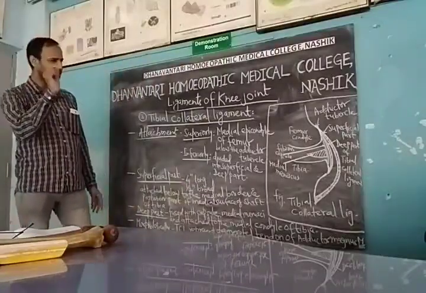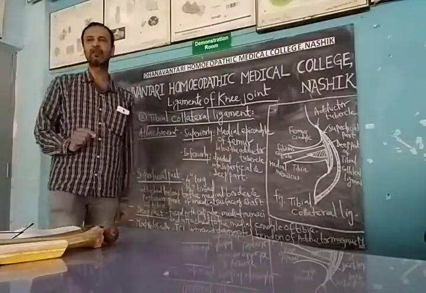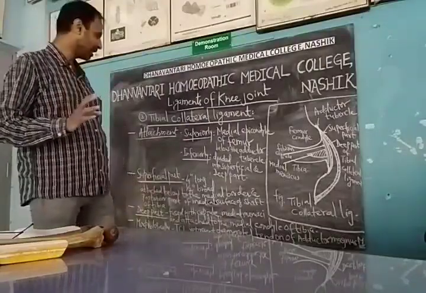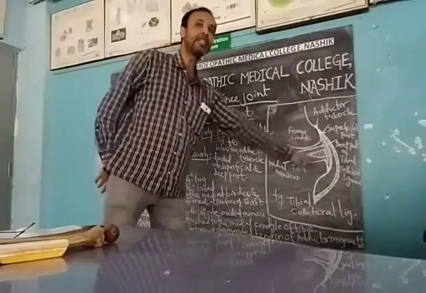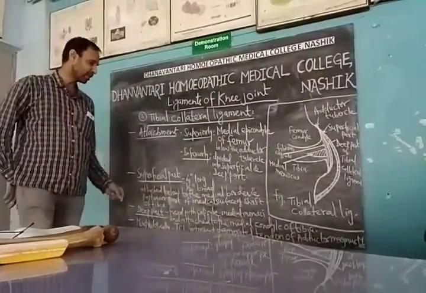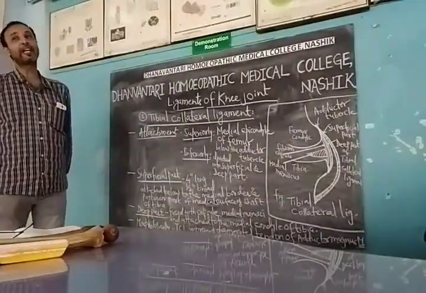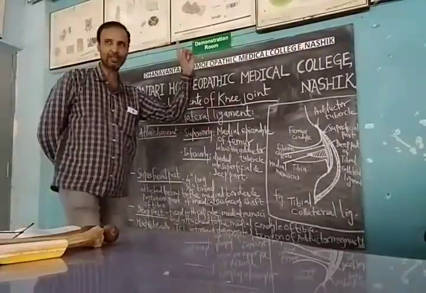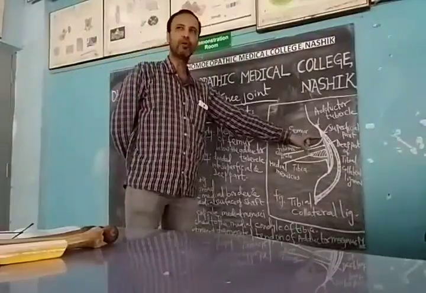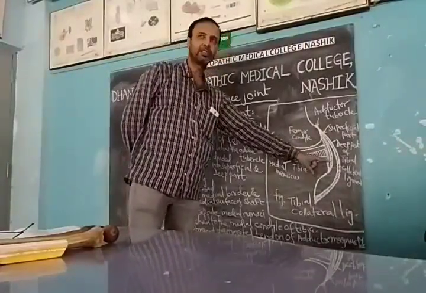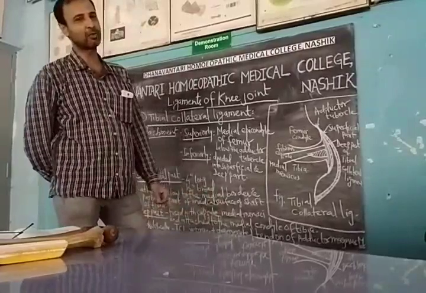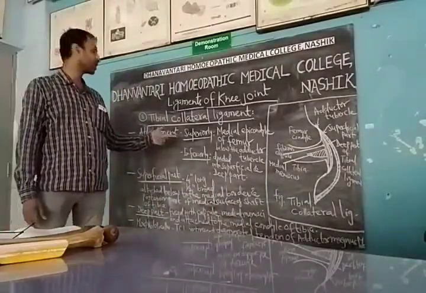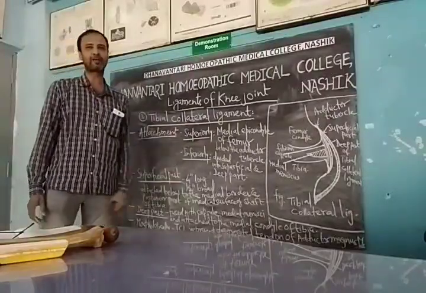Now, a very important characteristic feature about this: we'll see morphologically this ligament. It is said that morphologically this represents a degenerated tendon of the adductor magnus muscle. We know the adductor magnus inserts at the adductor tubercle. So that is what is said morphologically. So this is all about the tibial collateral ligament. Now next we are going to learn about the fibular collateral ligament.